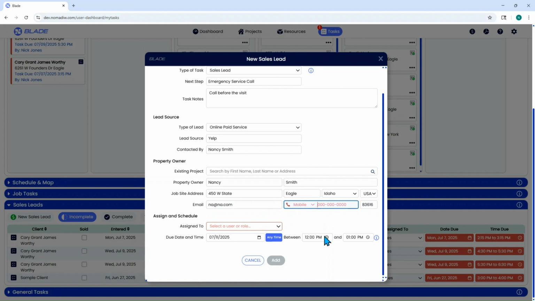Blade uses the property owner data for the sales lead task. This data also becomes the eventual client record. If the sales lead is later converted to a job, all of this property owner information is automatically populated into a new Blade project. In the last section, assign this task to a user and set a due date and